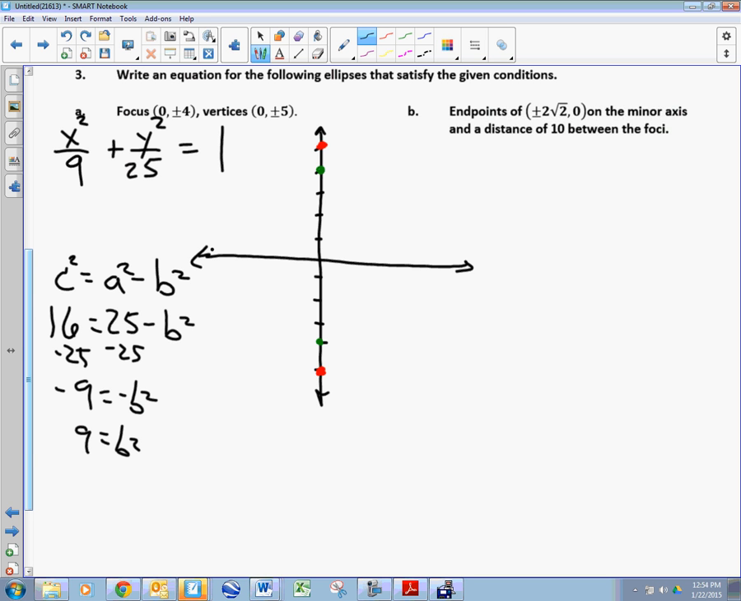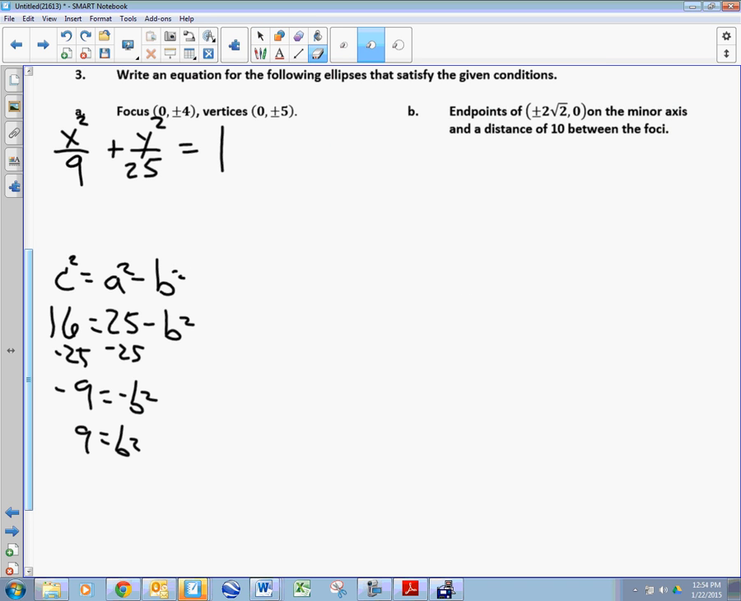What do you think of that? You don't have to draw it, just write an equation. I sketched it so I could understand better that this was going vertical. So I just sketched those points so that I was less likely to make a mistake. All right, the next one, last example: endpoints of plus or minus 2 roots of 2 and